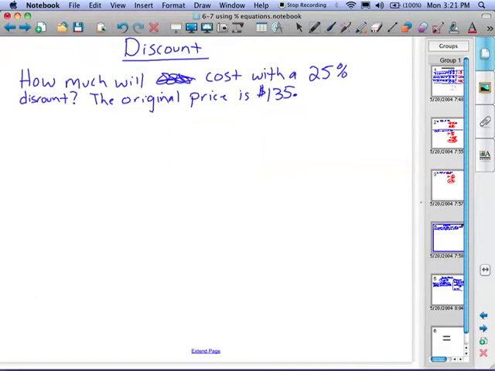You will also see problems today that deal with discounts. The problem reads, how much will, it's a fictitious product, how much will this product cost with a 25% discount? The original price is $135. We know the percent. We know the base. We want to find the part. So we need to have A is equal to the percent as a decimal, 25%, times the original cost, $135. When we multiply those together, we find that the discount, A, is going to be